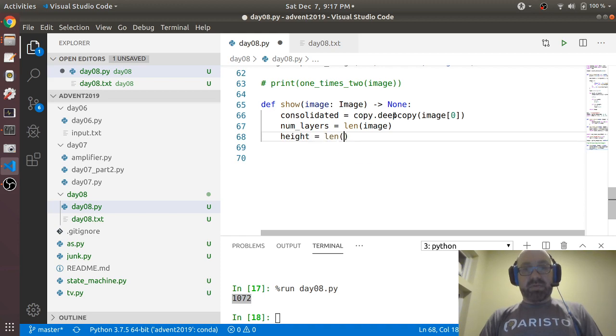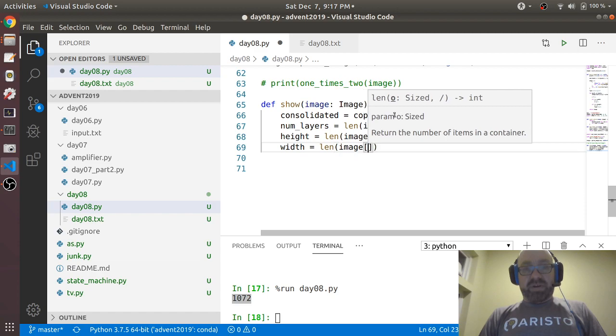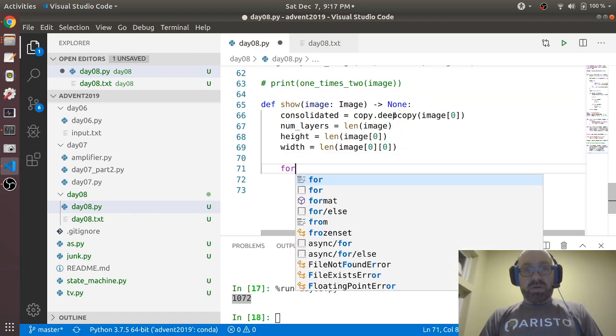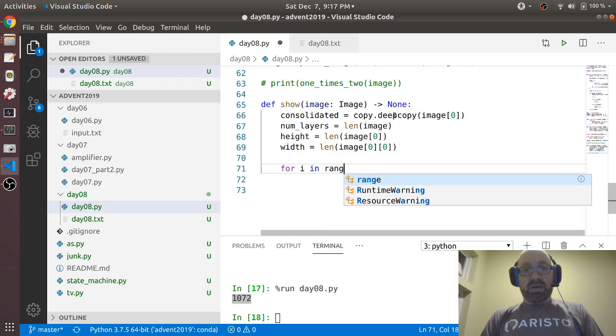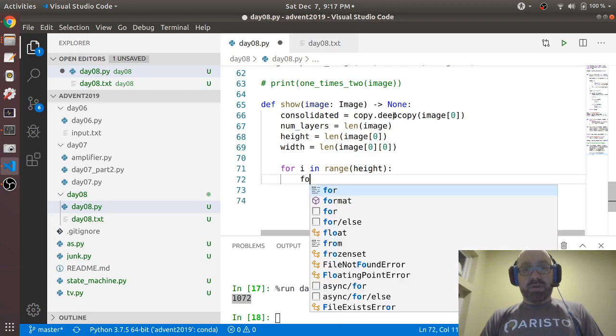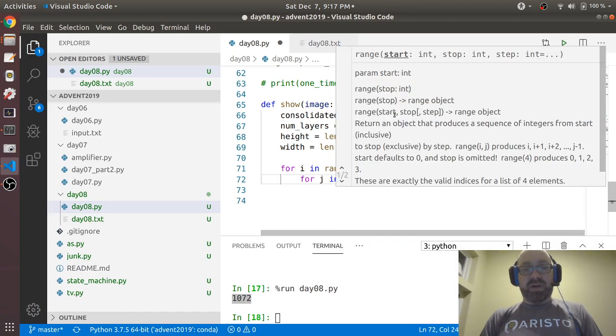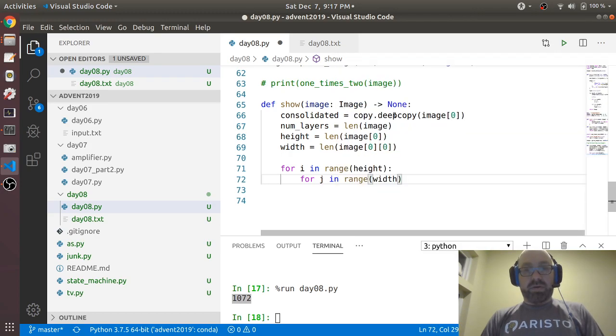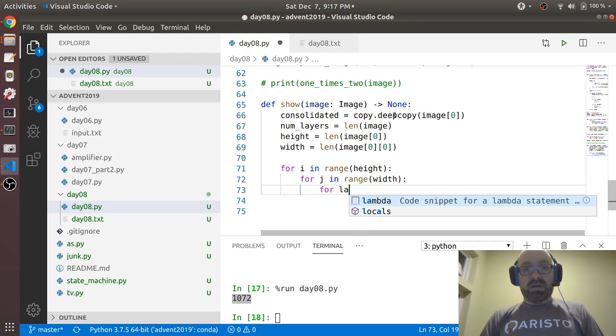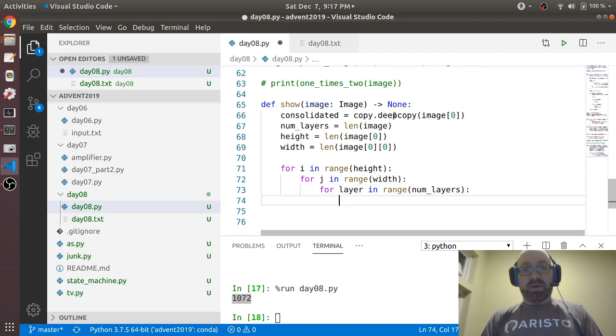Height equals len of image[0], width equals len of image[0][0]. So, for i in range height, for j in range width, and then for layer in range num_layers,